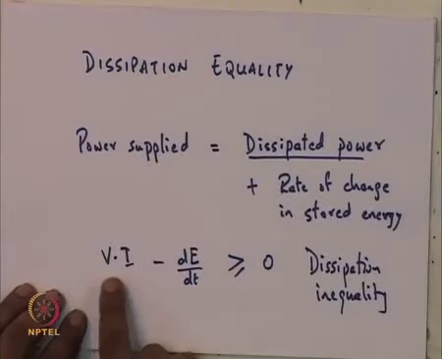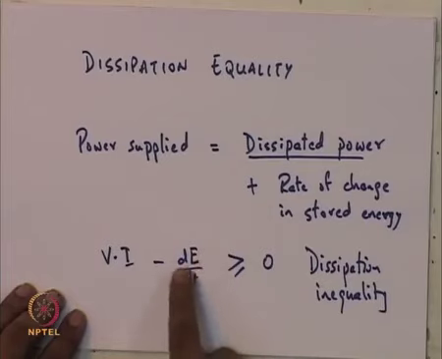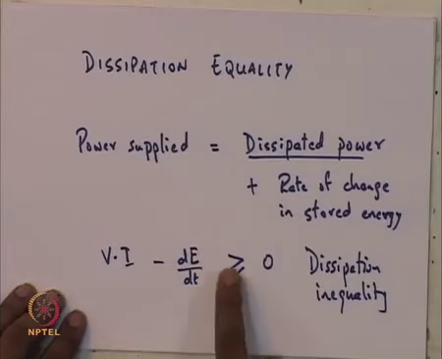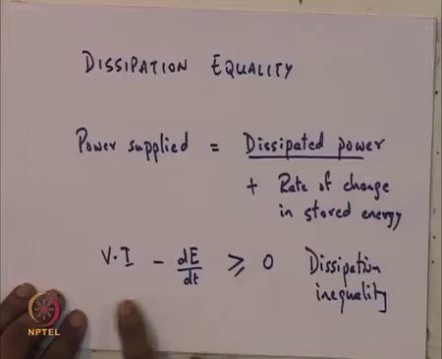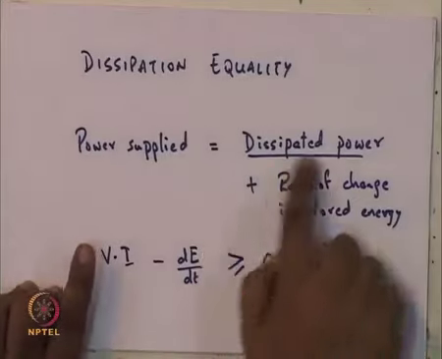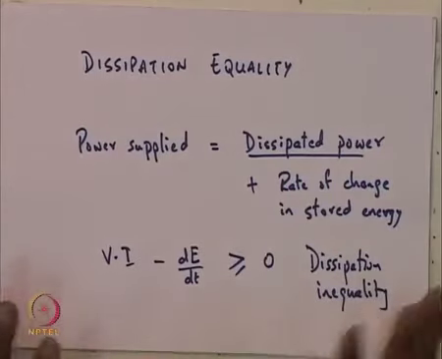And then, just like we talk about V dot I, you could talk about the inner product of the input and the output, giving you the energy supplied, and there would be a storage function depending upon the various energy storing elements in the system. And one could write out the dissipation inequality, which says that the inner product of the input and the output minus the rate of change of the stored energy is always going to be greater than or equal to 0, because this quantity in fact is going to be the dissipated power, and the dissipated power is always a positive quantity.